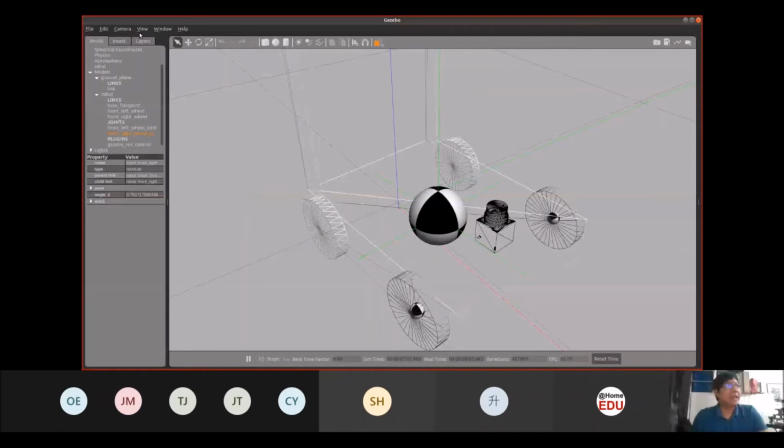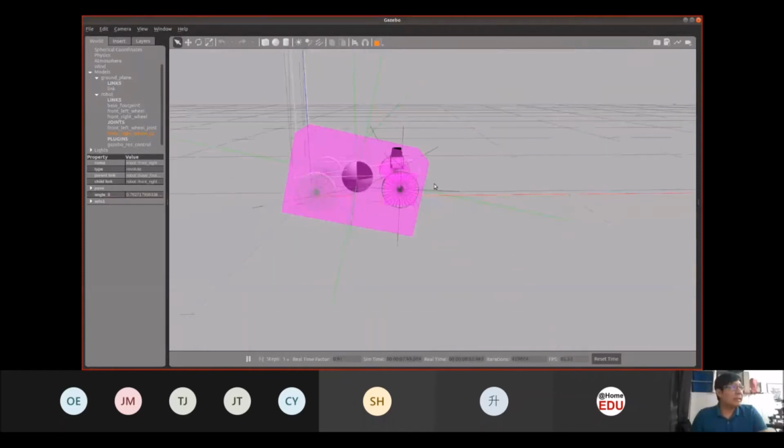This is because the base link and the frame itself are calculated as one object. So you will see that it's slightly slanted backwards due to the frame that's holding the camera over here.